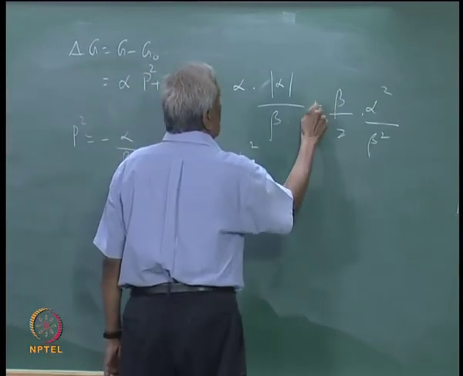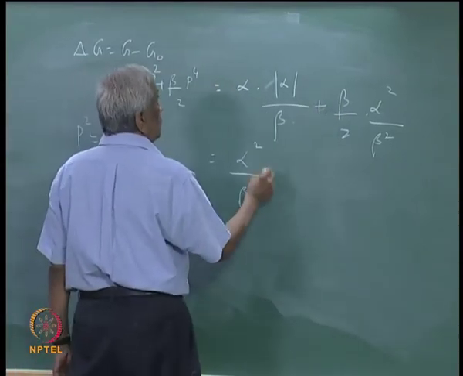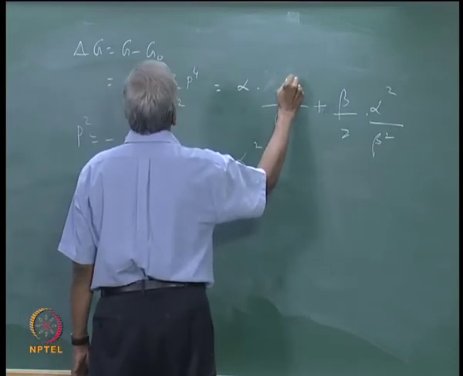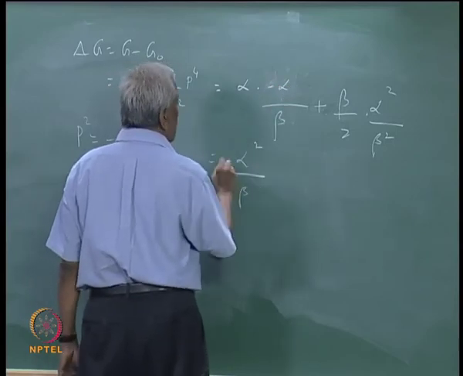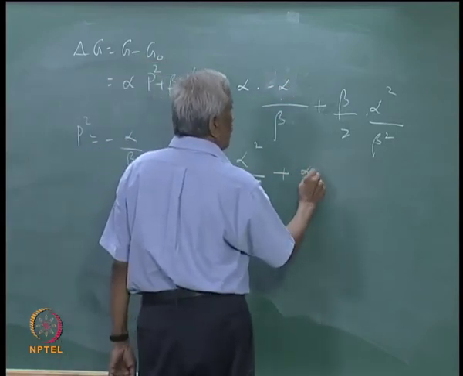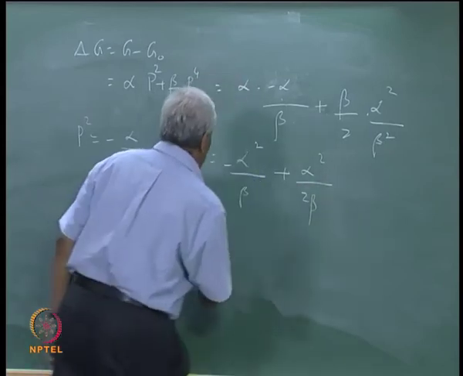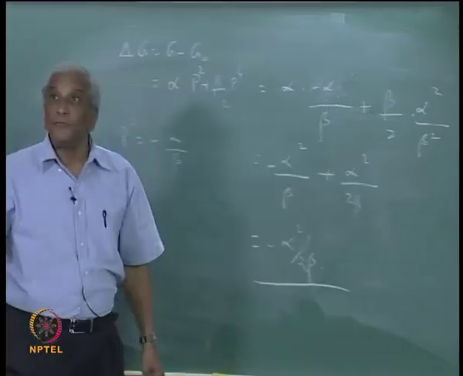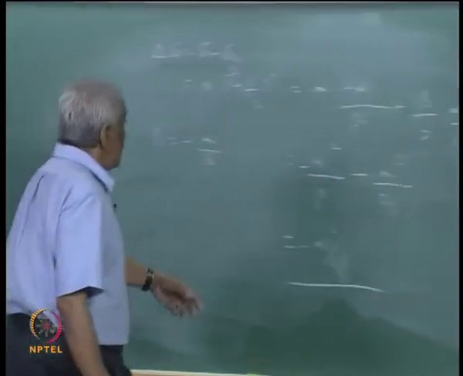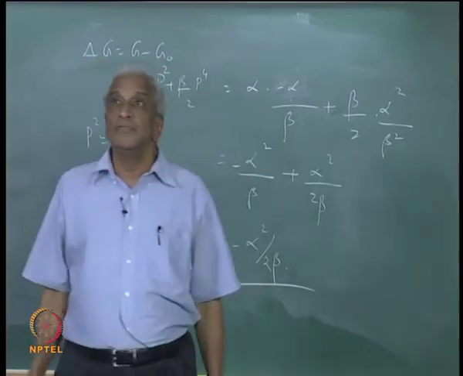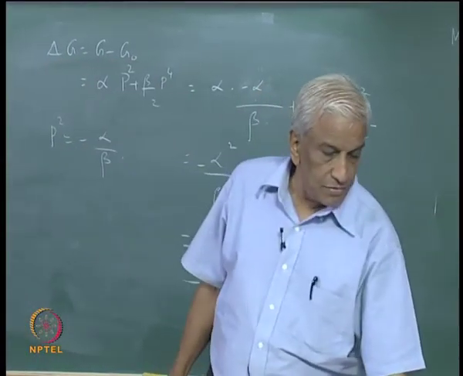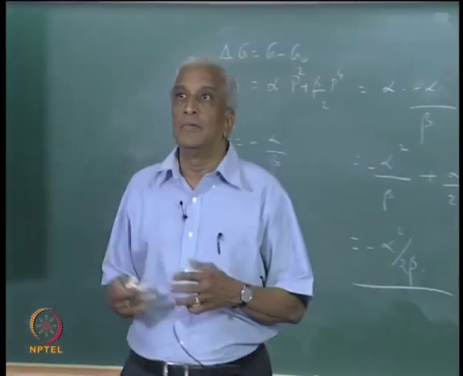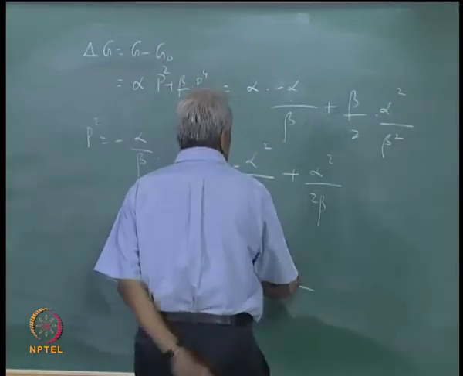So, this becomes minus alpha square plus alpha square by 2 beta, which gives me minus alpha square by 2 beta. So, one can see that there is a reduction in the free energy below T c. So, the free energy is lower, we expect, provided beta is positive,